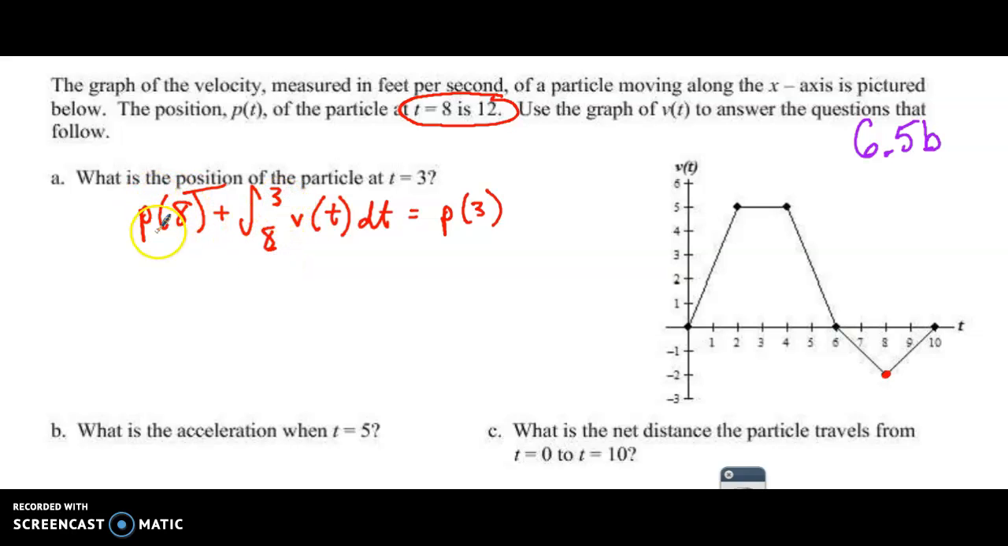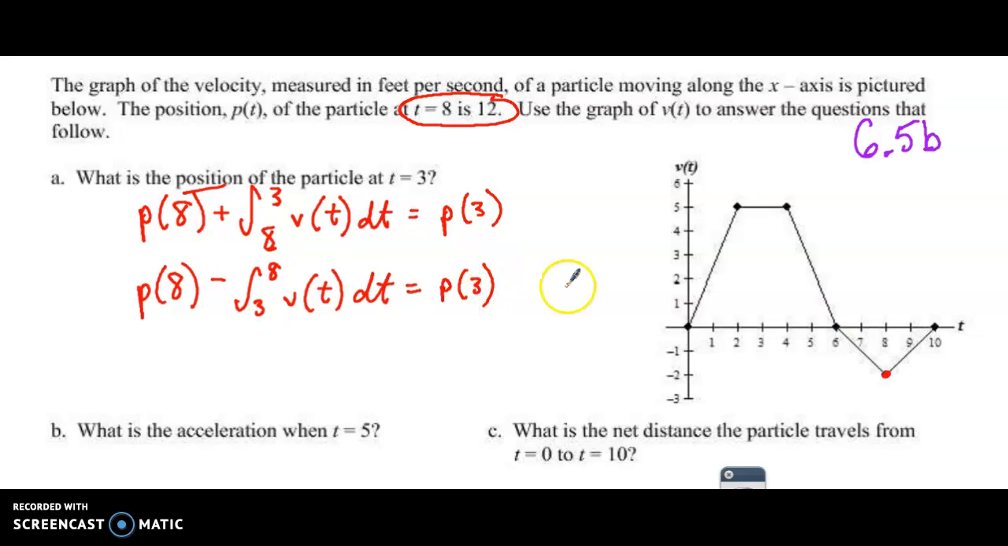Well, then this has to be p of 3, and then over here is p of 8, and then you just subtract over, which is the same thing as what I'm about to write out, because if I want to switch my bounds, I change that plus to be a minus. From 3 to 8, v of t dt equals p of 3 still. So there's so many different ways of doing this problem that I don't want to just say you have to